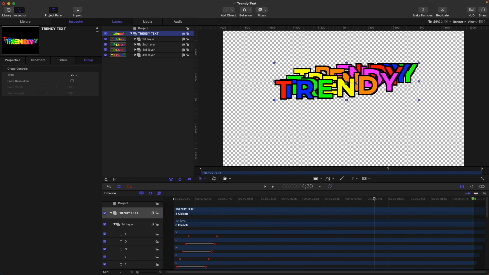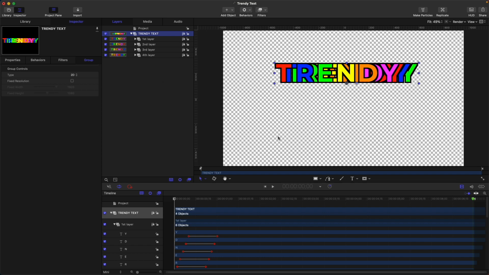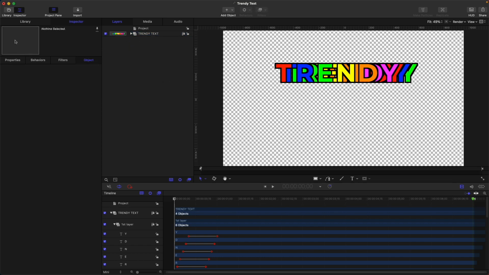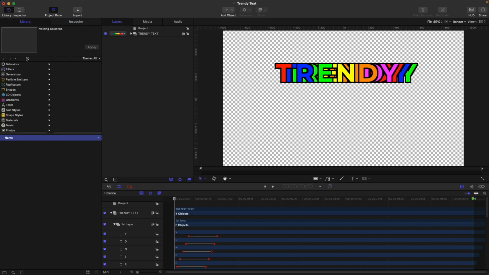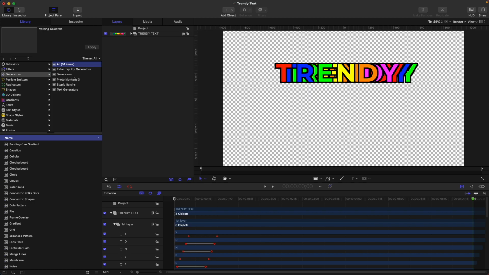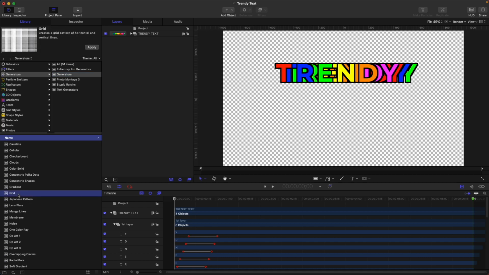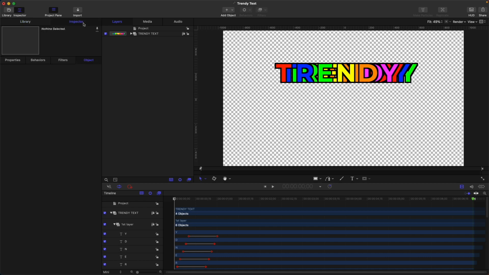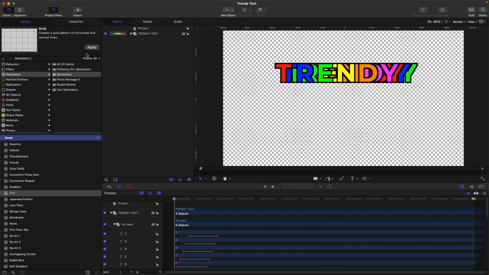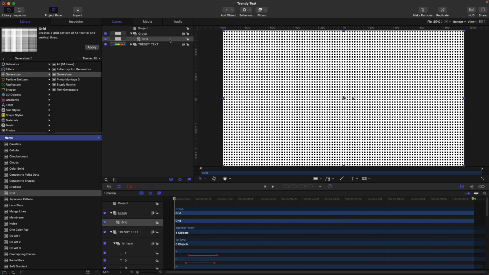Because it's quite bland, let's add some background. Let's go to library, then generators, then let's go to grid. Okay, let's apply grid. Okay, so drop down,